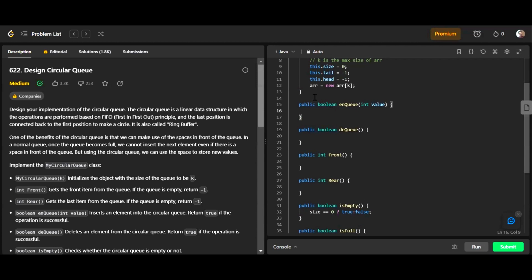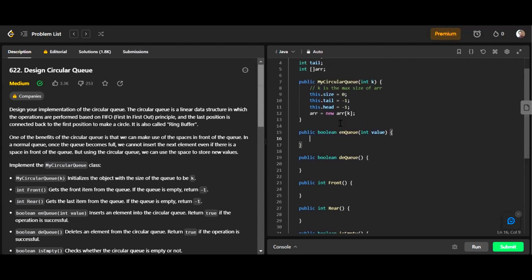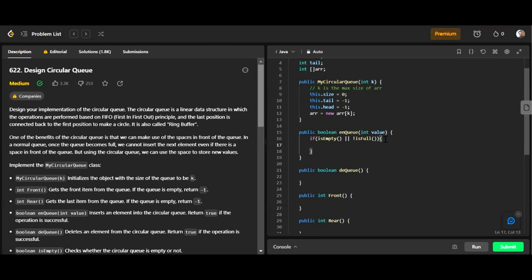Whenever this queue is empty or this queue is not full, if any of this is true, we will perform the enqueue operation, right? We will insert the value